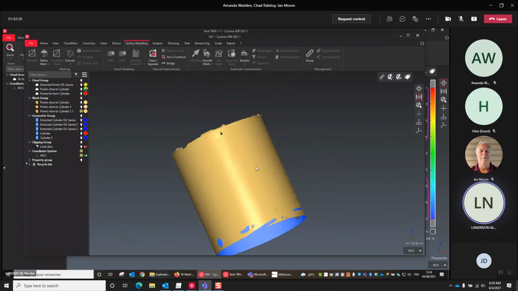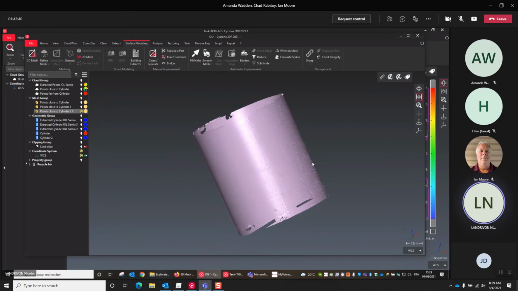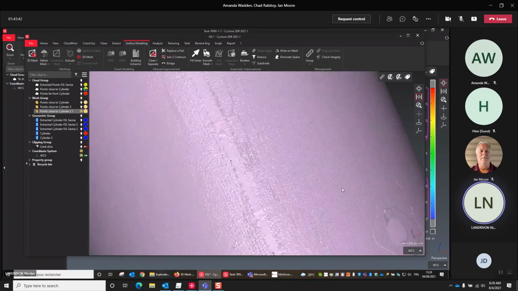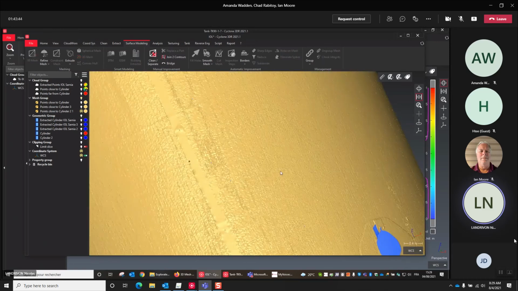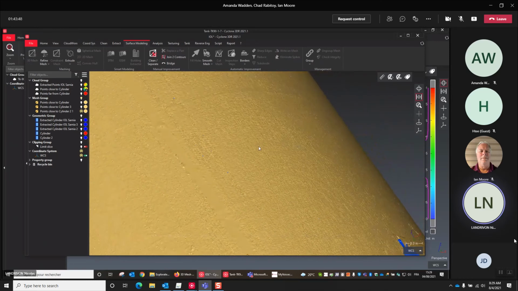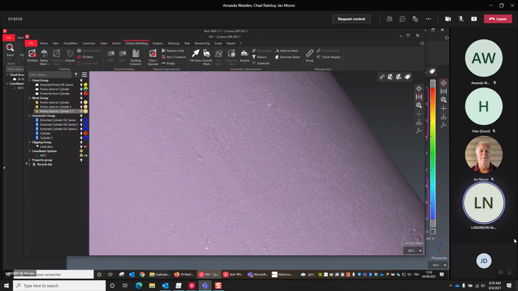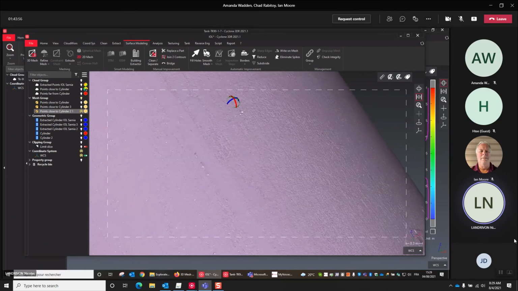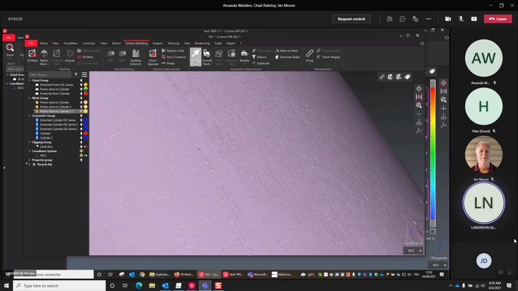So now I've got only one part, and if I want to increase the quality of the surface or smooth it, you've got here some management tool to improve the quality of the mesh. You have a smooth mesh. So here you've got global smoothing and local smoothing. So local smoothing is like a pencil,